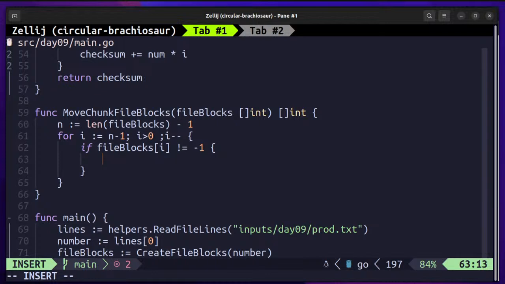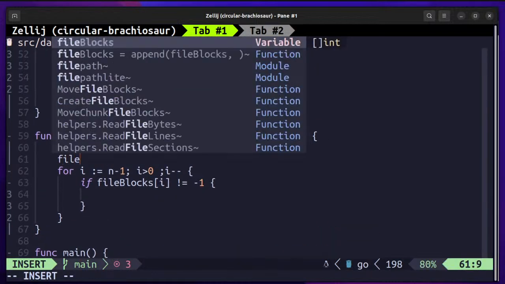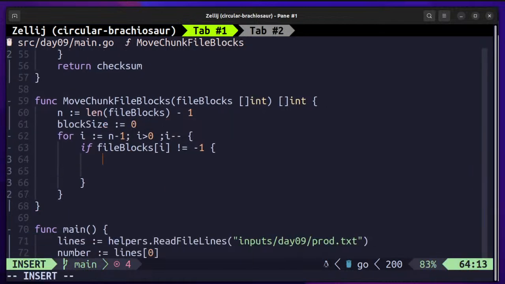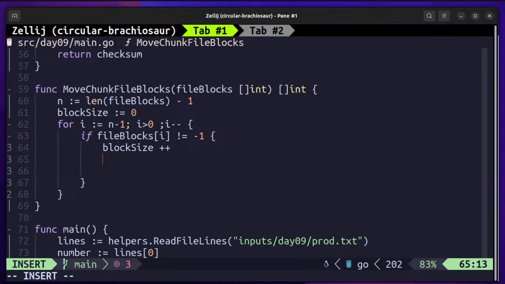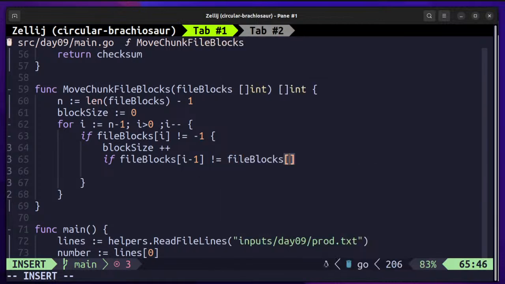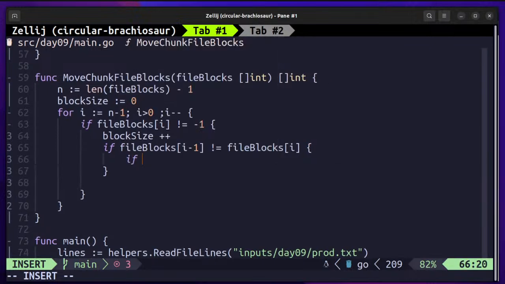So what we would keep track of is, let's say, the block size, which we initialize to 0, and here we say that the block size is plus plus, and we need to check if the previous file is not equal to, I mean it should be not equal to the current one, and if it is that, then